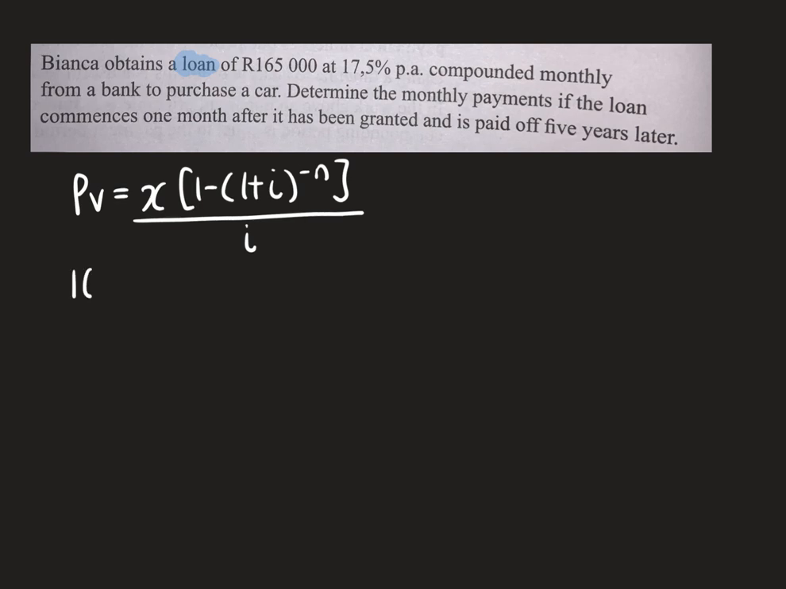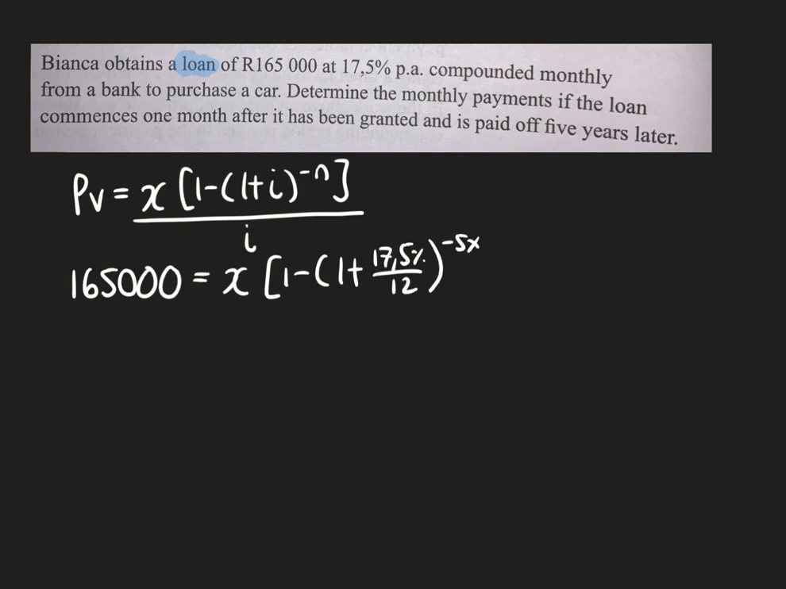So we've got a present value that we're loaning of 165,000 Rand. We're wanting to know how much we need to pay monthly in order to pay back this loan. So x is unknown. 1 minus 1 plus the 17.5% over 12 to the power of 5 years, so minus 5 times 12. They've given it to me in years, hence why I need to times it by 12 to make it months. All over